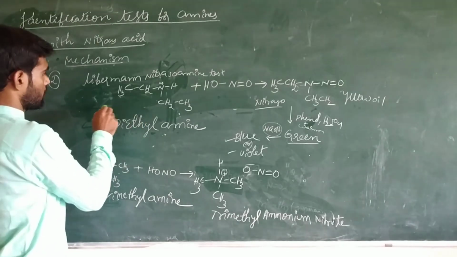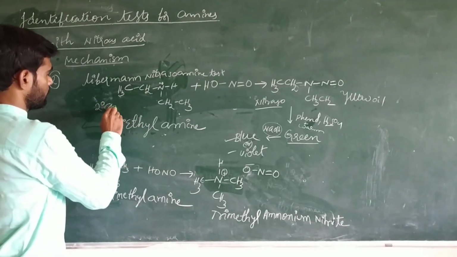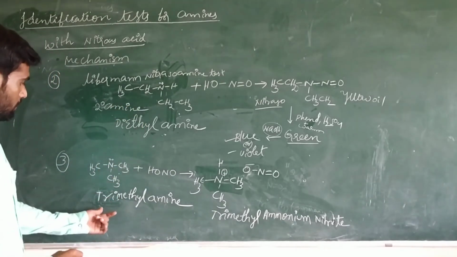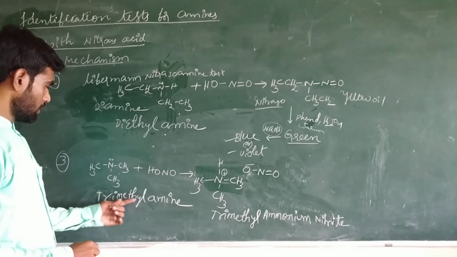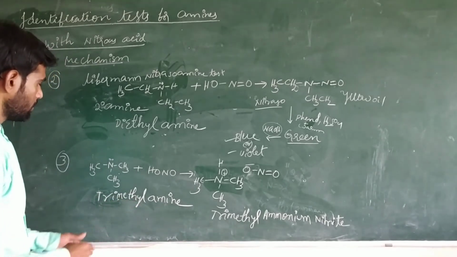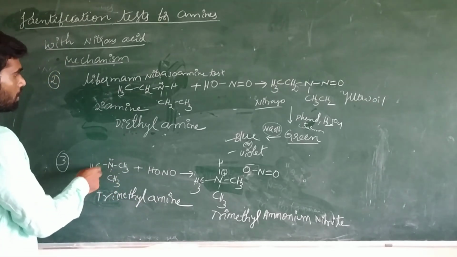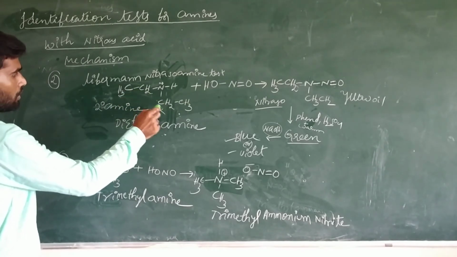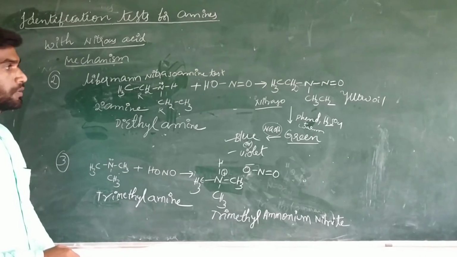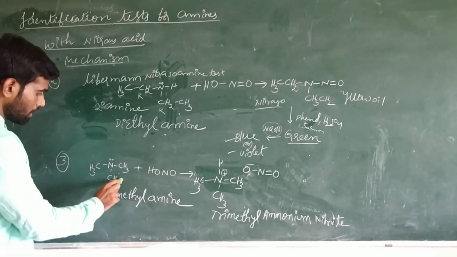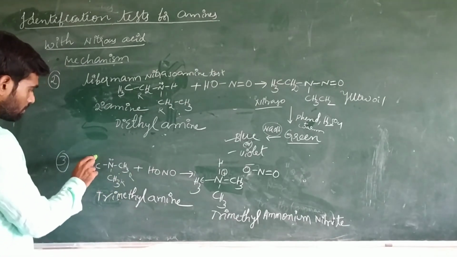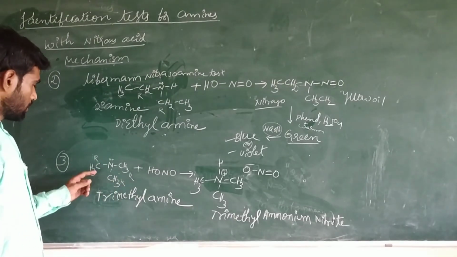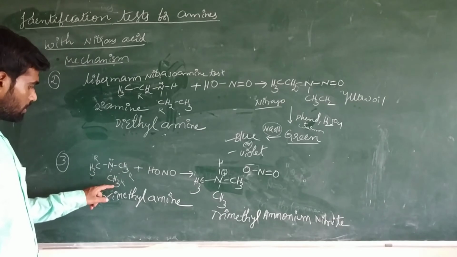It is an example for the secondary amine. Next one is tertiary amines. Trimethyl amine is a tertiary amine because we have three alkyl groups. In the previous molecule we have two alkyl groups, this one alkyl chain and this another alkyl chain. Here we have three alkyl chains, generally represented as R. Here I have taken methyl groups in place of R.